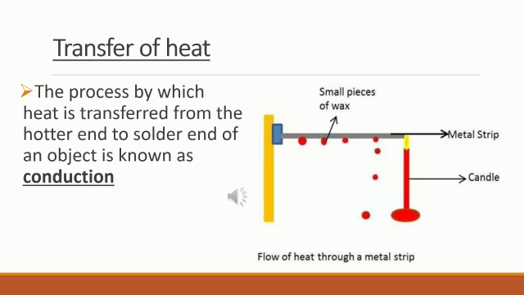Now you need to heat the other end of the rod, like I have shown in the picture. You can use a candle. And what happens to the wax pieces? If you heat, what happens? You know that wax will melt on heating, isn't it? And which piece of the wax will fall first? That is the first one, which is very near to the candle, isn't it? Do you think that heat is transferred now from one end to another end?